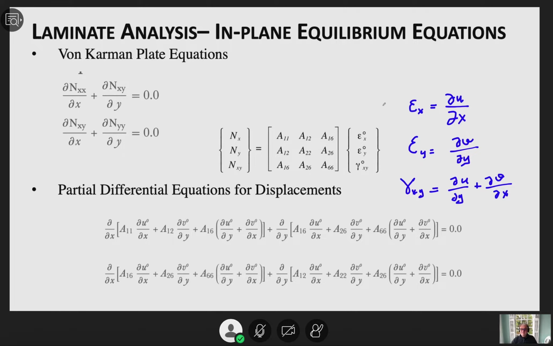Now if we put these into this equation and then take this equation and substitute in there,